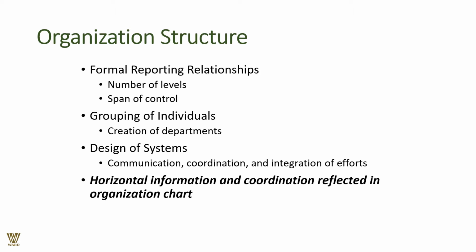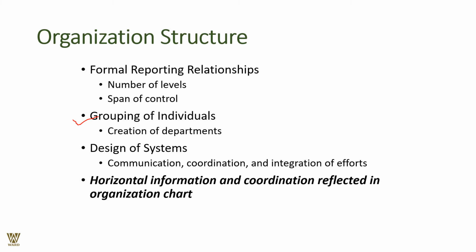Then there would be something called groupings of individuals, people of a similar level. Let's say somebody is a supervisor in finance, somebody is a supervisor in production, somebody is a supervisor in inventory. All supervisors in various departments are a grouping of individuals. That's one way to go around it. Finance, production and inventory might also be functional departments.